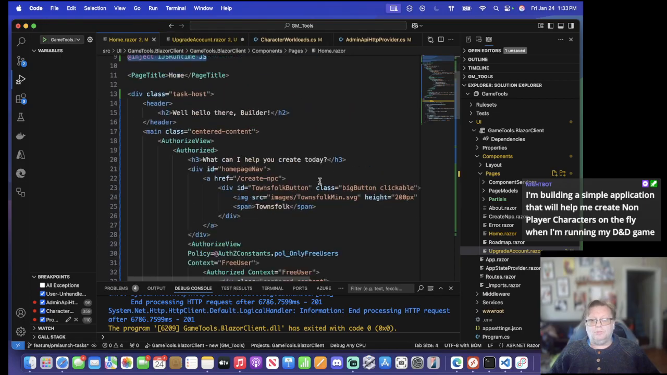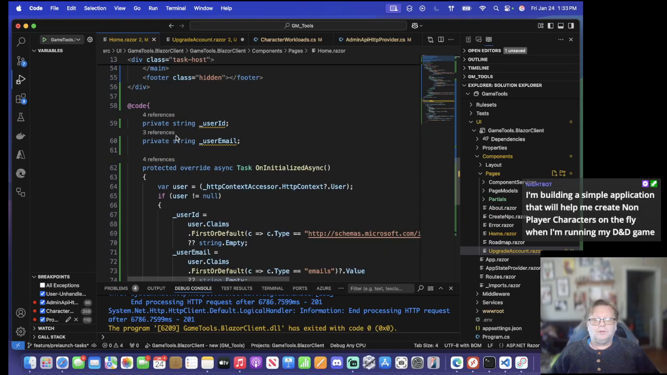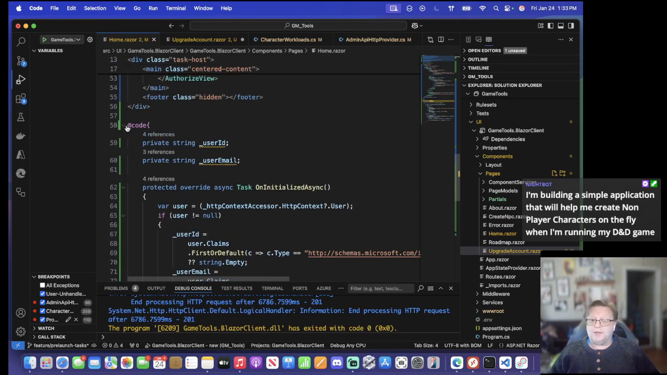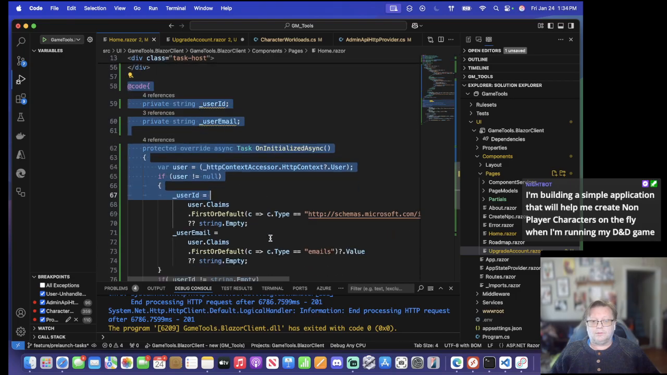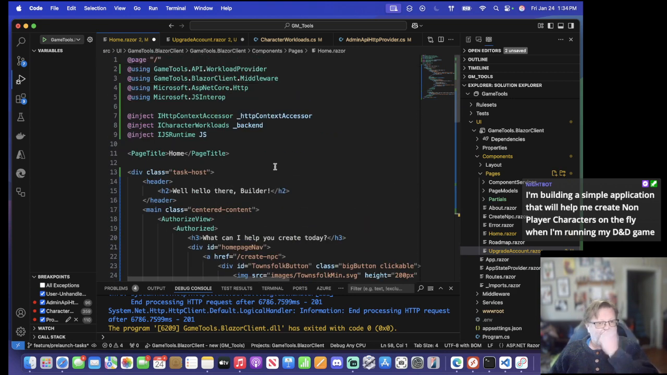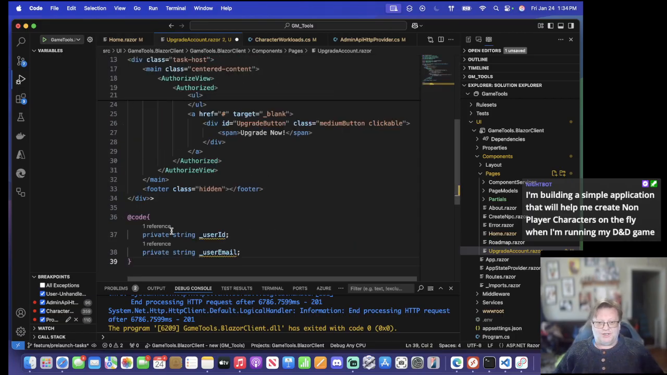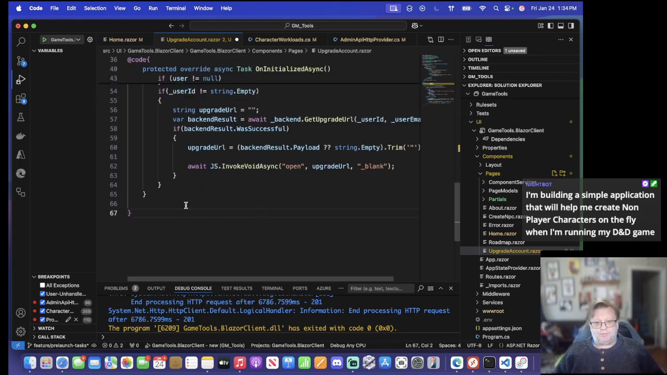Pop back over to home. And I'm just going to grab the whole kit and caboodle. Control X. No more interactivity on that page. Or no more magic code on that page. And let's just paste over the top of this. Now, instead of this,